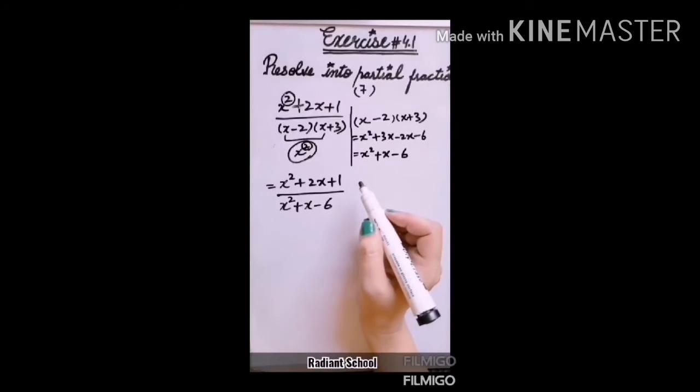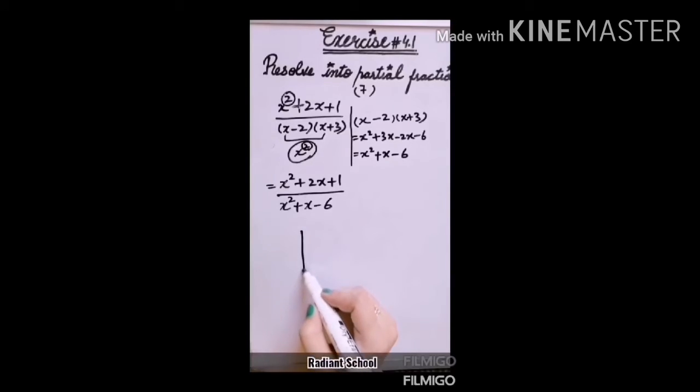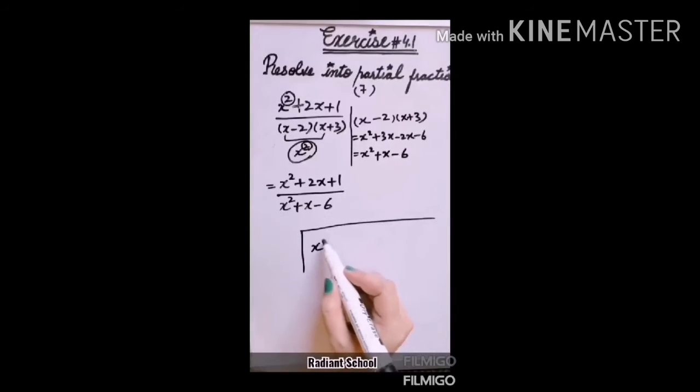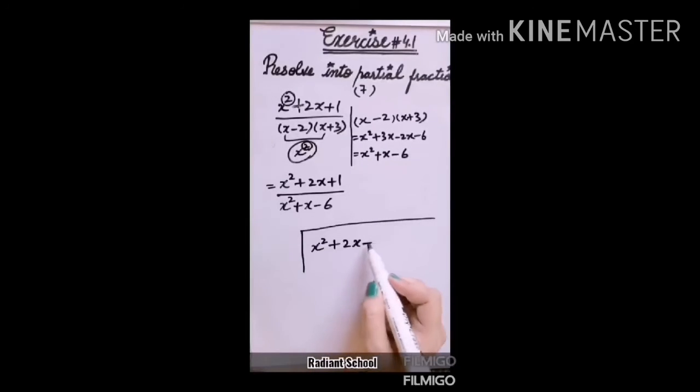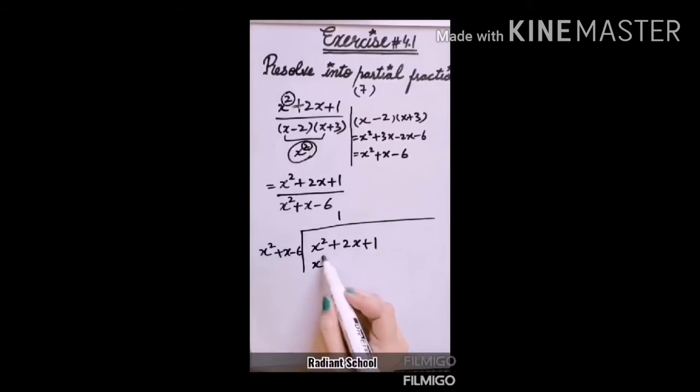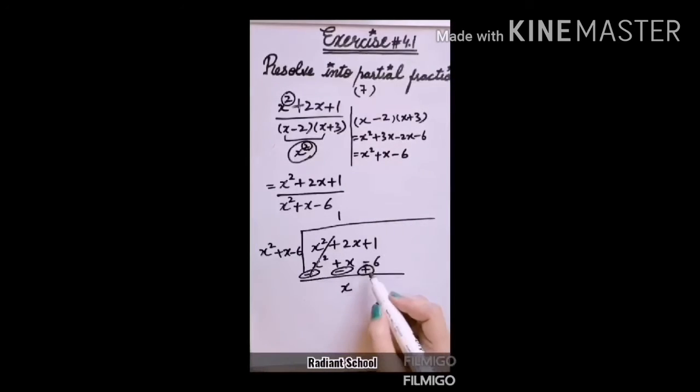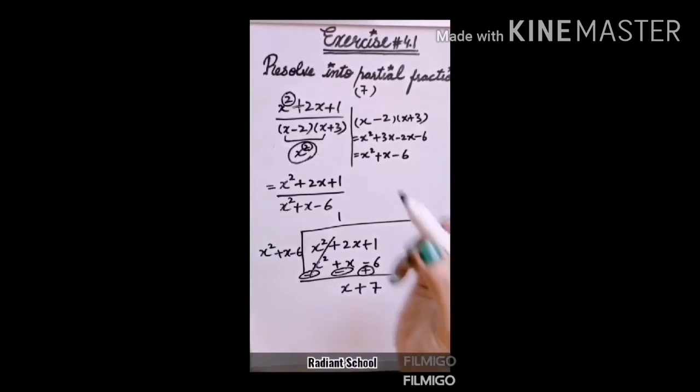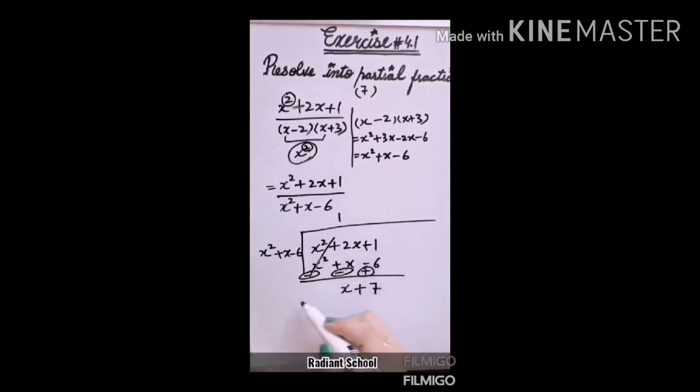Now when I have multiplied, now I have to divide them. To make it proper from an improper fraction, the numerator must be inside, just as you simply divide in algebra, and the denominator will be outside. You can see both the powers are same, so we can divide once: x square plus x minus 6. The signs will be different, so change the signs: plus, minus, minus. It will be x plus x plus 6 plus 1, 7. So students, to make the improper fraction into a proper fraction, we just have to divide the numerator by the denominator. We have got the answer.